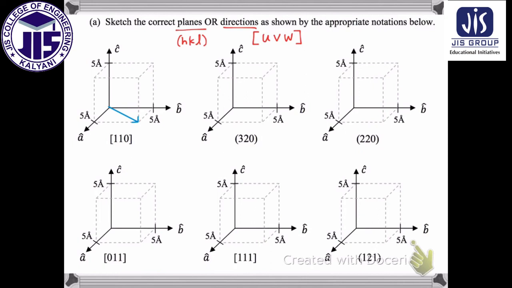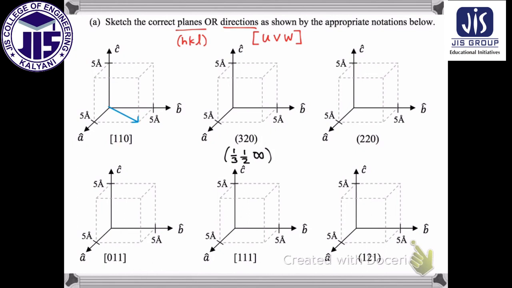Next, for planes, the way you can figure out what they look like is a really cool trick. You take the reciprocal of the coordinates. Since the rule for planes in Miller indices is that they have to be integers, by taking the reciprocals you unitize your plane and get specifically which one you're looking for. If you take the reciprocal of 3, you get 1/3. You take the reciprocal of 2, you get 1/2. And mathematically, if you take the reciprocal of 0, you get infinity. I'll tell you what that means in a minute. But first, let's plot the first two parts.